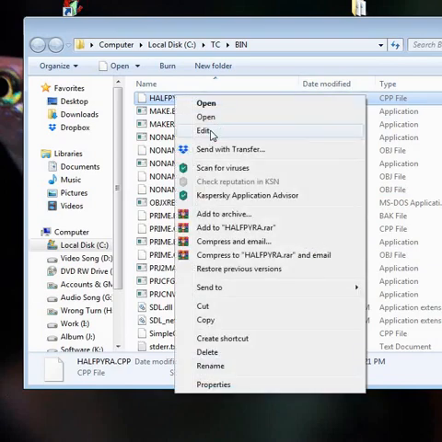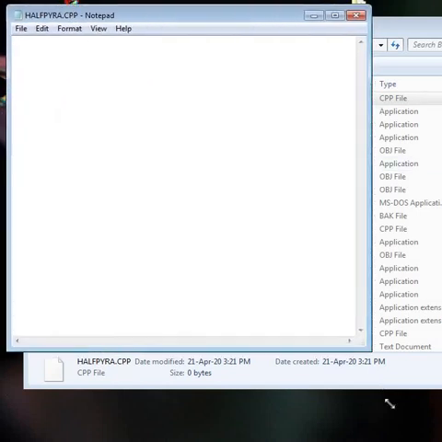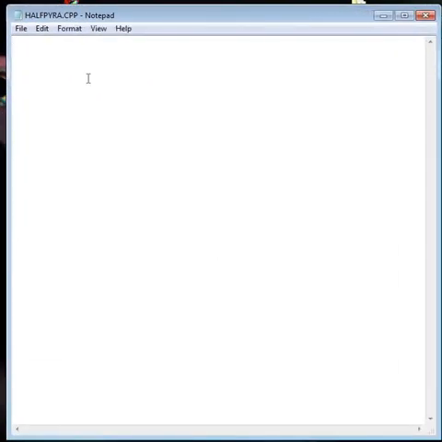This is the program source file. I can write the program here directly. So first I am going to include the header files to the program.